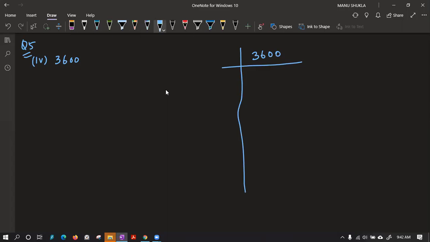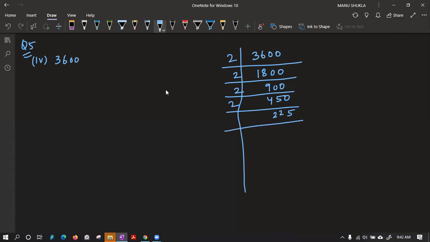We will start with 2. So 2 18s are 36, 2 9s are 18, 2 4s are 8, 2 2s are 4, 2 5s are 10. Then we have 2 to 5. And if you observe, 2 plus 2 is 4 plus 5 is 9, we can divide by 3. So 3 7s are 21, 3 5s are 15. 7 plus 5 is 12. We can divide by 3 again. So 3 2s are 6. Very good, Tushita. 3 5s are 15. 5 5s are 25 and 5 1s are 5.